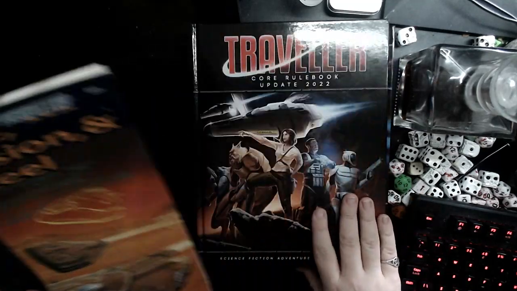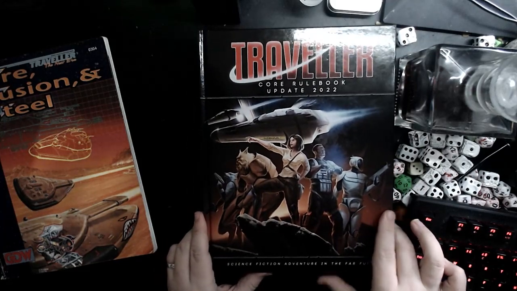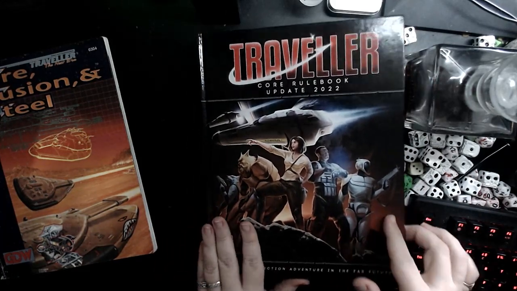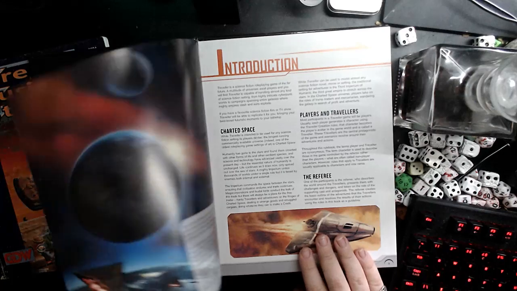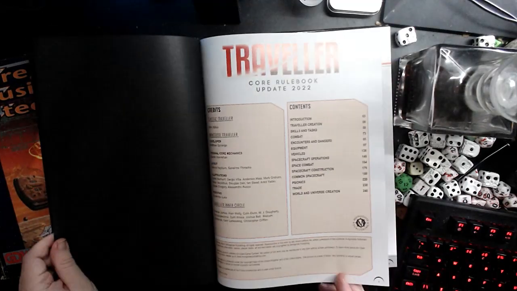But anyway, we're not here to talk about the nostalgia side. We're here to talk about the more recent side of things. So this is the new core book. Mongoose Traveller has become quite well regarded. I have some of their older books. I think the Pocket Edition